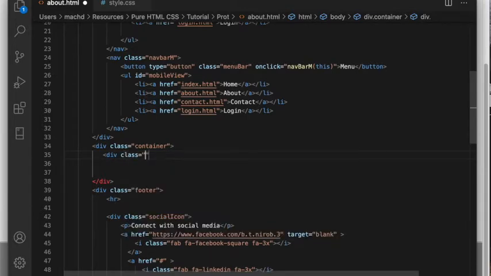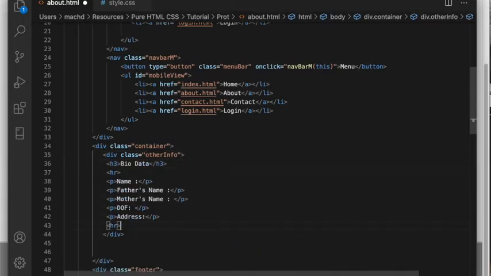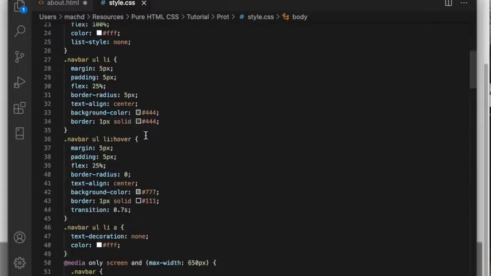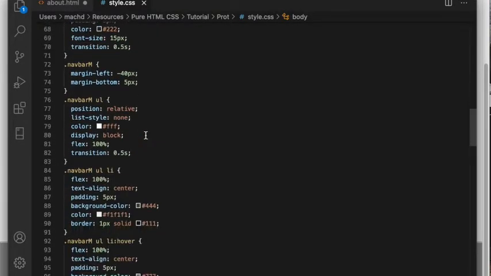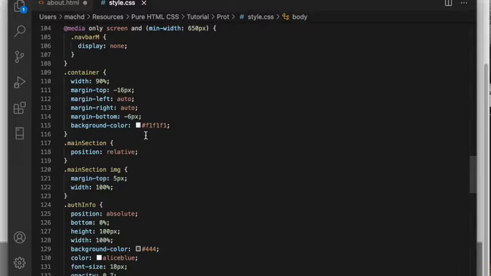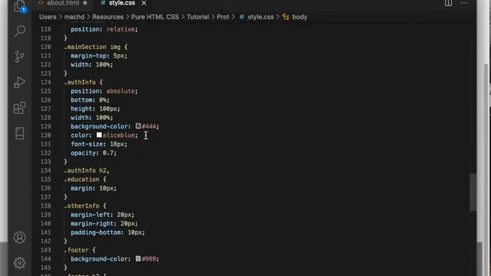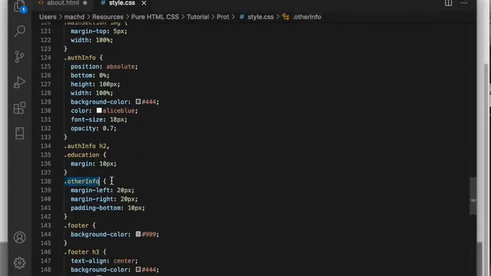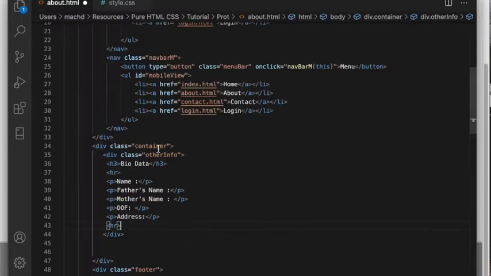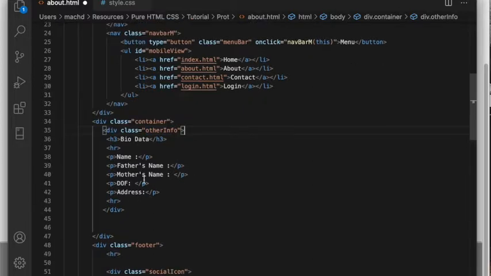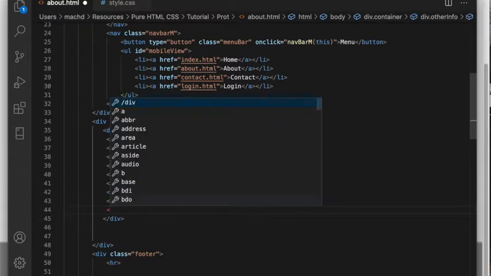As all of you know, I have made another class, maybe other info. I'm not sure about the name, so if I go to the class and see, there might be a class like this, other info. I have already implemented it for my landing page, so I no need to work with it again. Then after that I have a line, and then one h4 tag